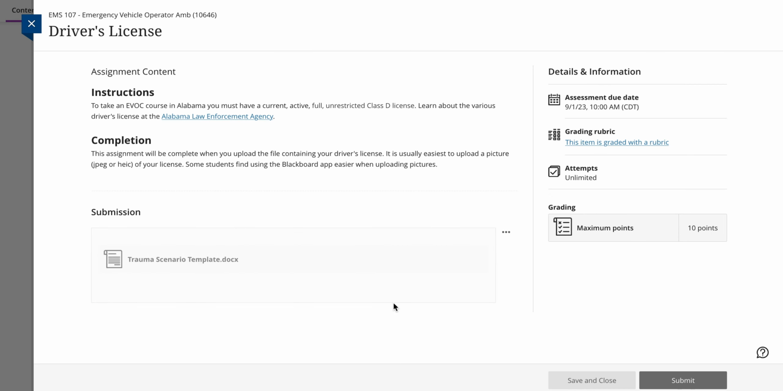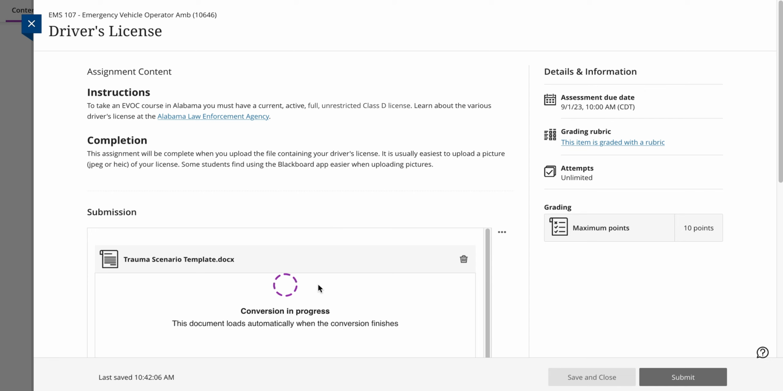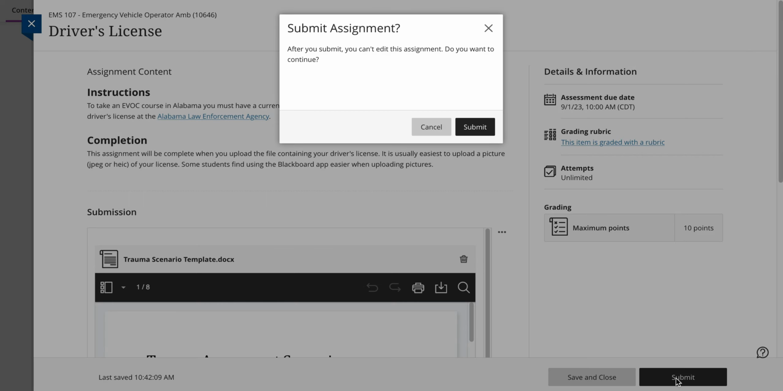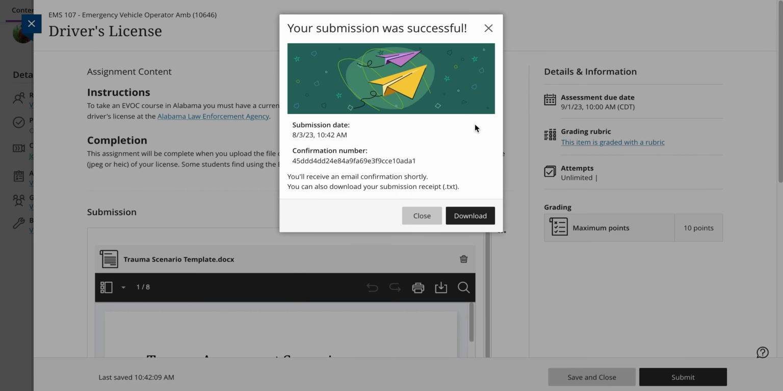There it is. And at this point, it's converting it so Blackboard can read it. In this case, I think it's making my file a PDF. But once you have uploaded the file, if you realize you've set the wrong one, you can always delete it and upload another. Or if you think you're done, click submit. And until you click submit, again, it will not submit. If you do the save and close, it'll save it as a draft. So make sure you get the submit, and that you get this